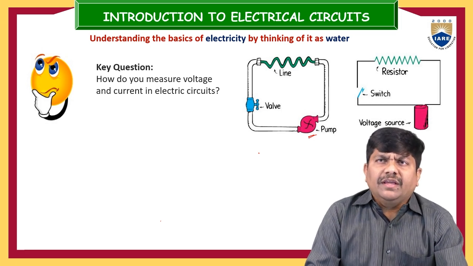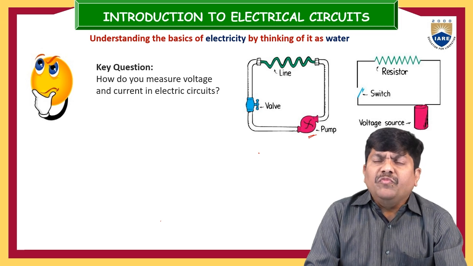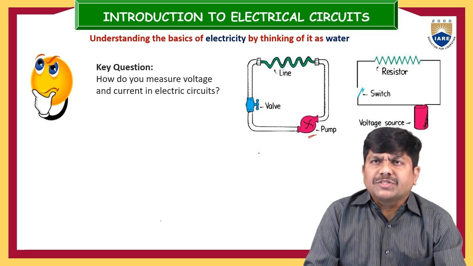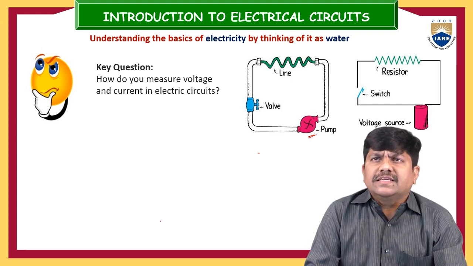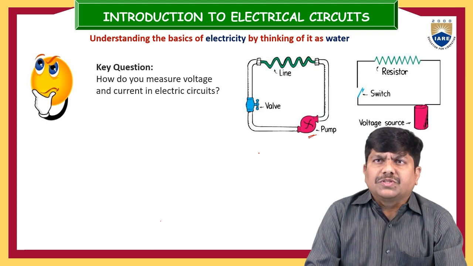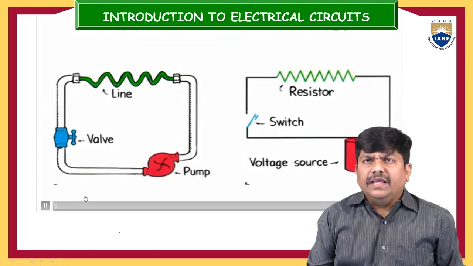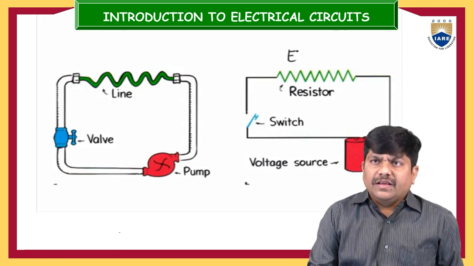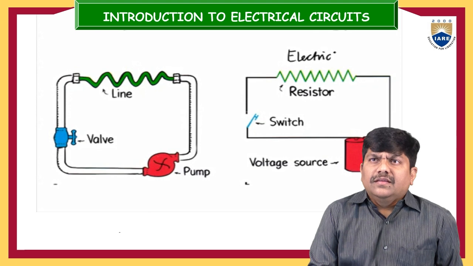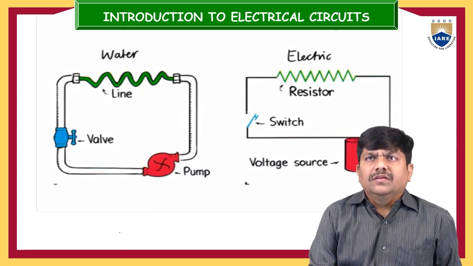So, for better understanding of how electrical energy flows, what creates obstacles for the flow of electrical charge particles, and what minimum requirement is needed to develop some voltage and current, let us discuss with the help of one water circuit. This video hopefully helps us better understand the basics of electrical circuits. So this is the electrical loop, electrical circuit, and this is the water circuit.